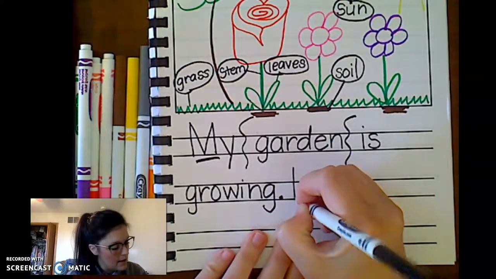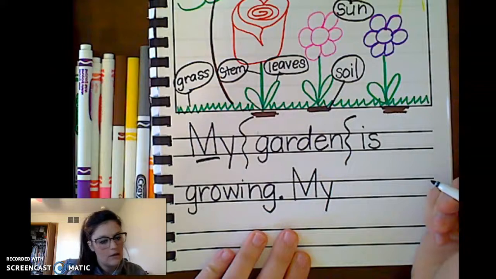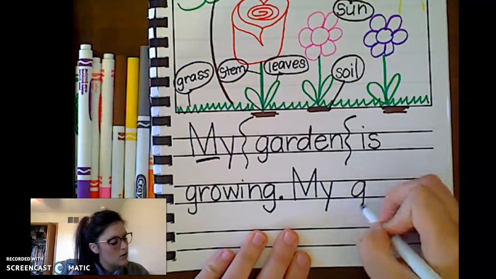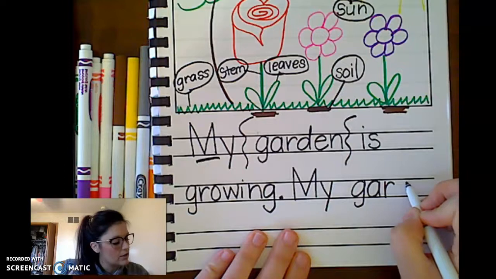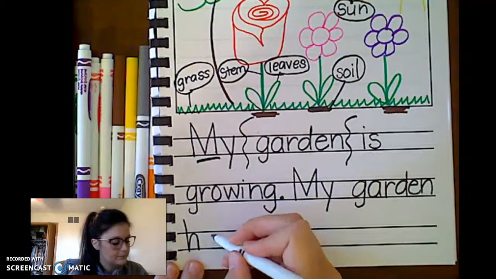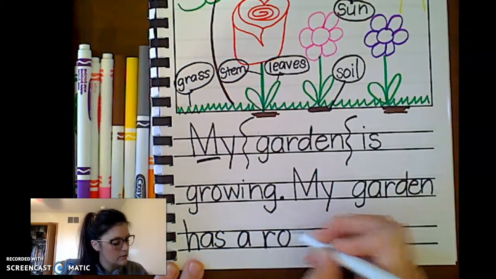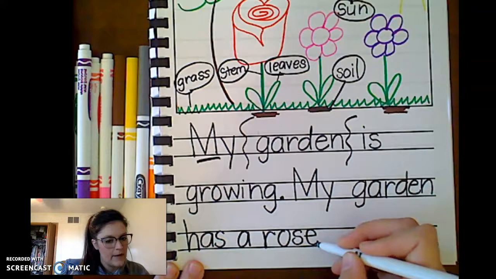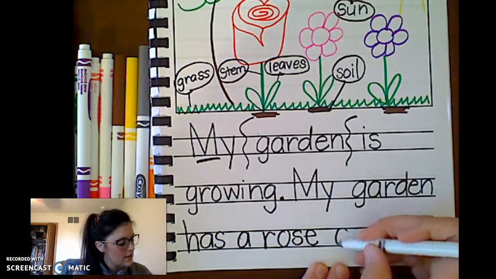Here we go. Ready? My. Do you see how I use my lines? Little lowercase letters go between the lines, except rule breakers. My garden. We know that AR says gar, or R, sorry. Den. Has a rose. Rose. Do you see how I kicked that E to the end? But I have to have it to make this vowel say its name. Has a rose and,